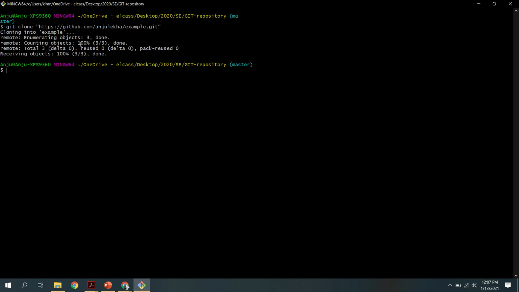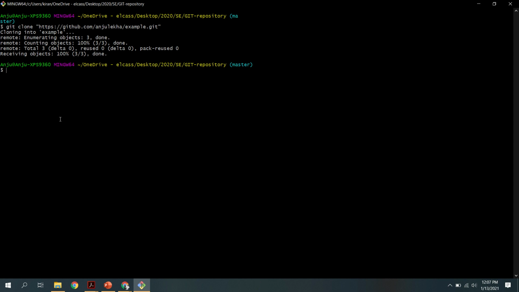So suppose you are working on an ongoing project, that means your project has already started and its files are already there in a central repository. Suppose you are new to the project and you want to copy all the files of that particular project into your local machine, you just type git clone. So you take the terminal, type git clone, then specify the path of the repository. I already showed how to take it.